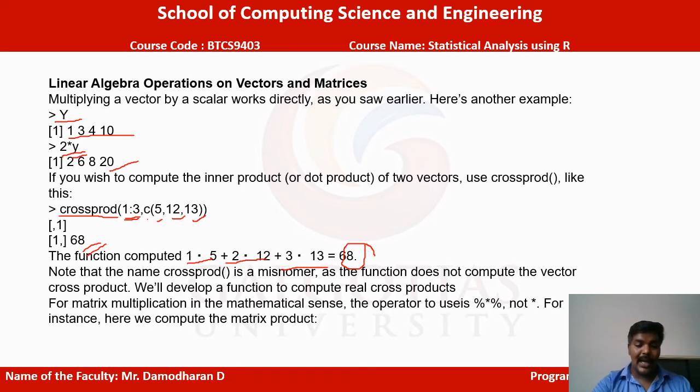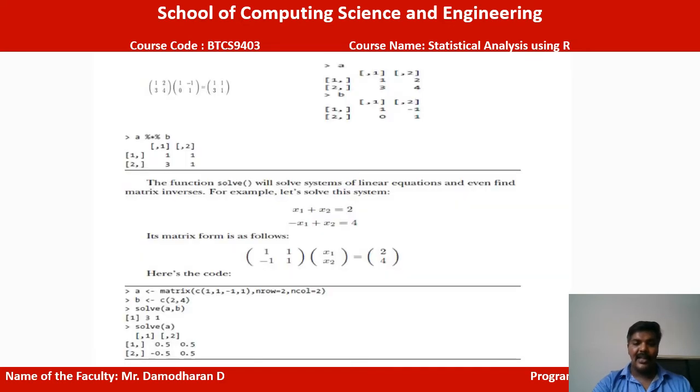Suppose we use the other cross procedure for the function. We will use it with the percent symbol, which helps to print the matrix. Okay. Here is an example for a matrix. This is a 2 cross 2 matrix 1, 2, 3, 4, and the second matrix is 1, minus 1, 0, 1. We take the multiplication, and it is our final result.